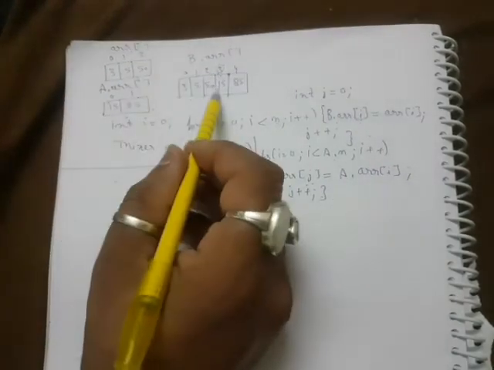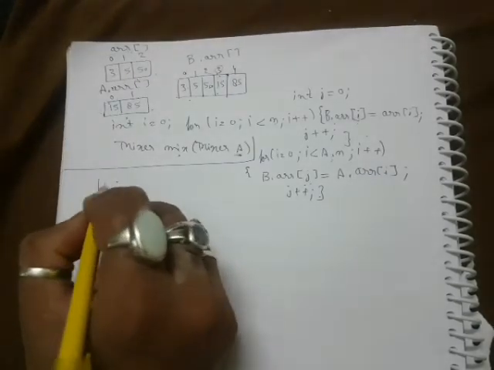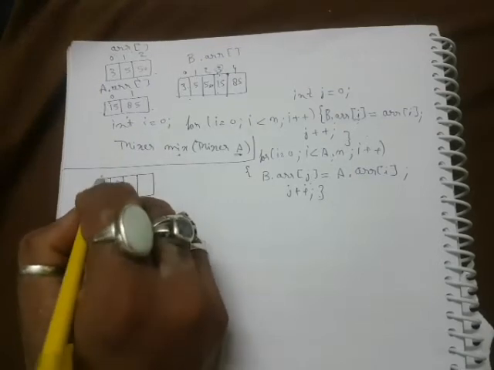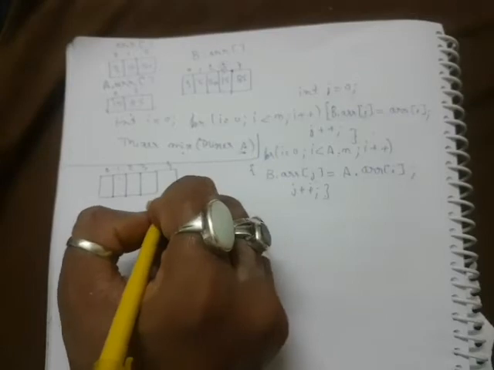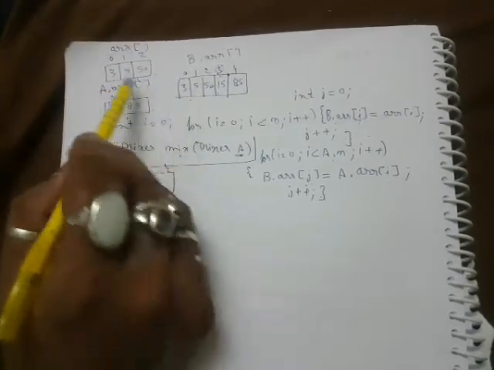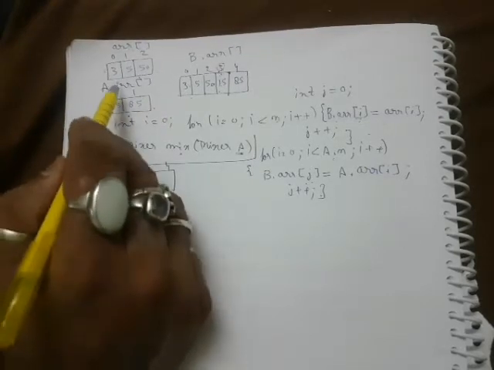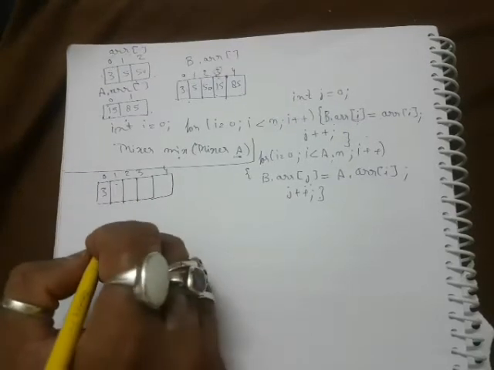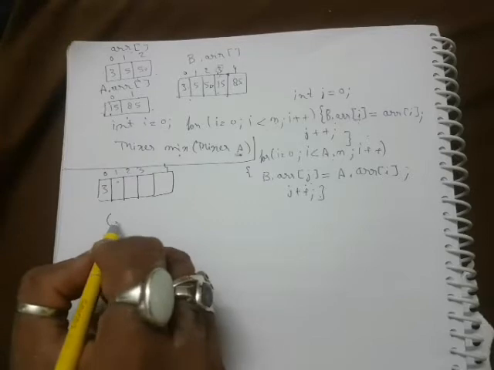Means data, when it is copied to the third array, it must be sorted, right? So in that case, what will happen? I will go for 0, 1, 2, 3 and 4, right? What we'll do, we'll compare elements of first array and the second array. So whichever is lesser, we copy it first. So here 3 is lesser, so 3 will be copied. Now how this is going to be referred? The condition will be what?